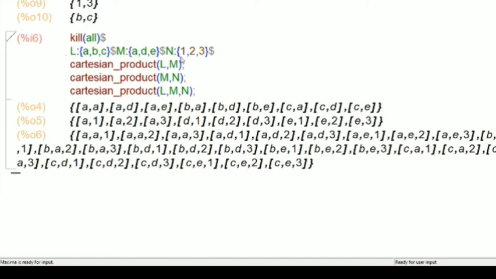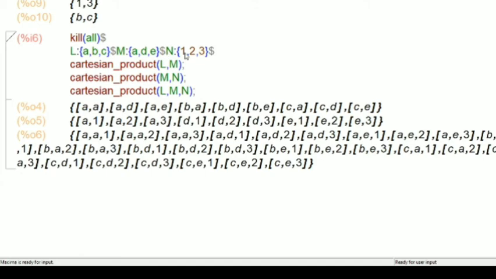Now all three elements are exhausted in N. So after D it takes E. A, E, 1, A, E, 2, A, E, 3. Now all the elements of N are exhausted and all the elements of M are also exhausted. Therefore, it goes for B now.